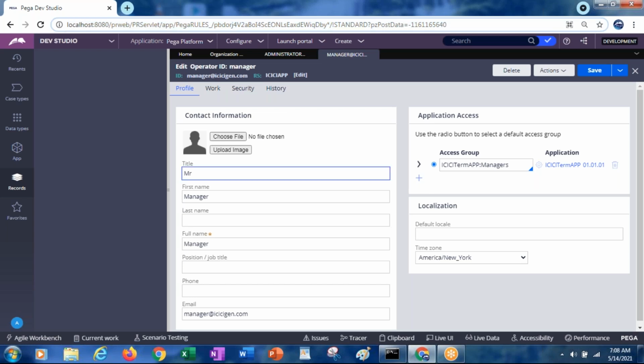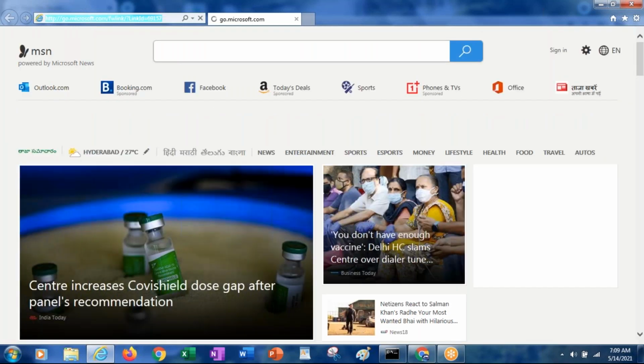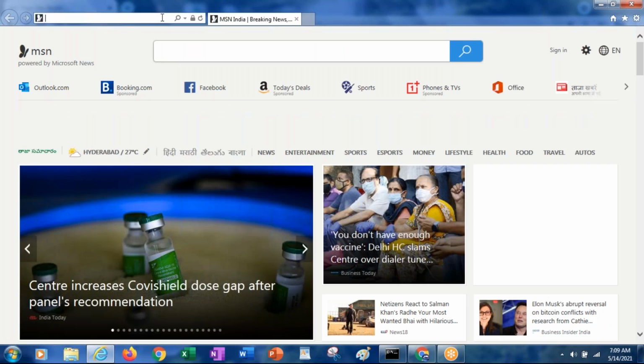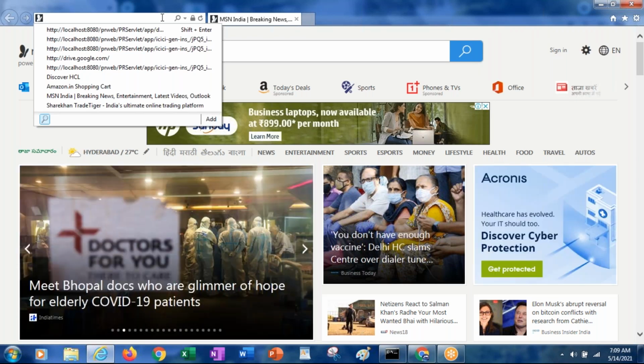Now in Internet Explorer, I will log in as a manager. In Chrome we logged in as an administrator, and here we log in as a manager.